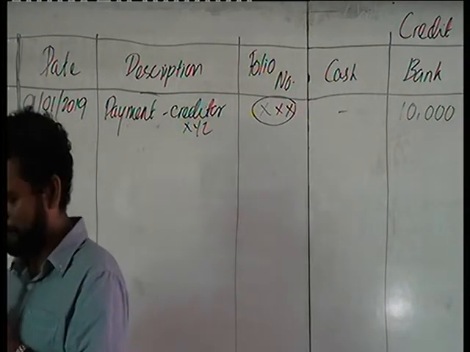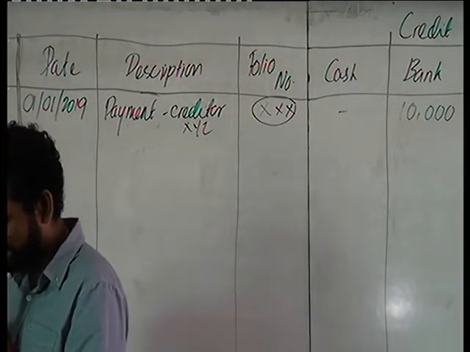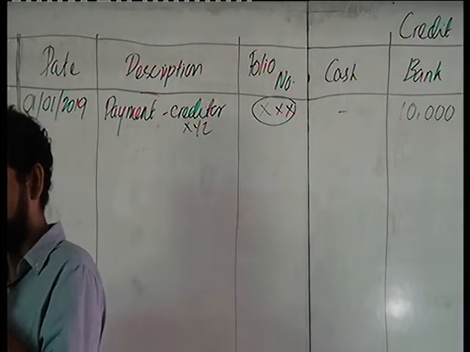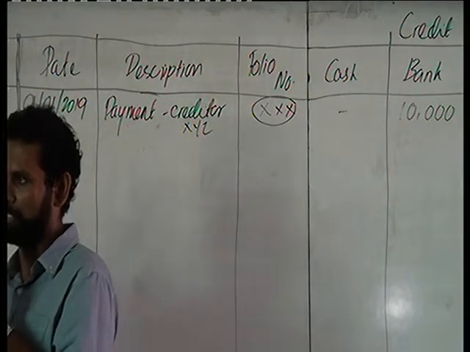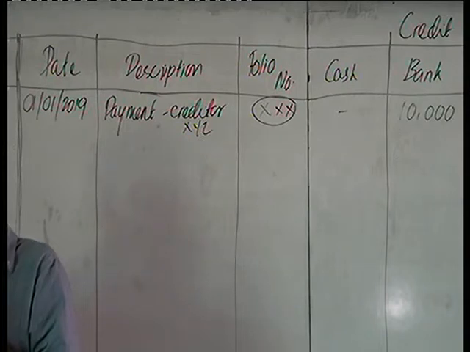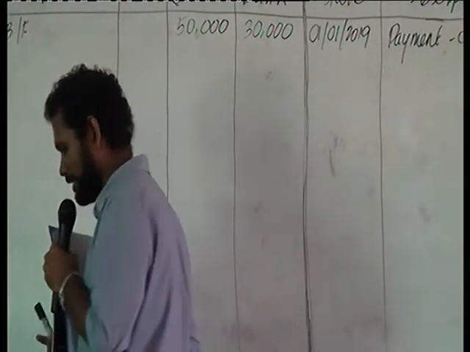If you look at the initial paragraph, it is the policy of the business that all the checks are deposited on the following day. So whether it's a check or cash, we will have to record it in the cash account on the first day, because check deposits are done on the subsequent day. So we'll assume that this is a check, received from Mr. Y, debtor of the business. So let's say Mr. Y has settled through a check.